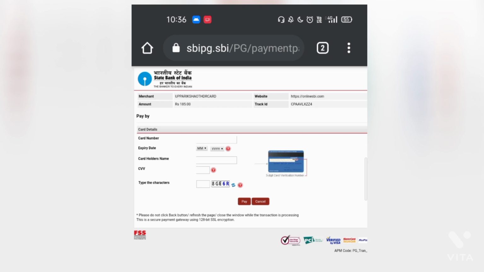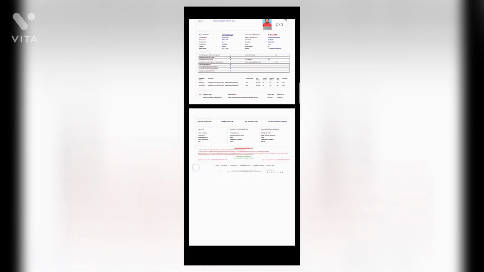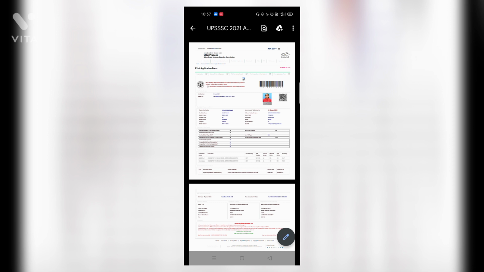You have to confirm your payment there, and then you have to download your application form as well as your payment receipt, because it may be required further, so you need to download that. So this is how your payment looks, and this is the printed out application form. This is how you have to print it.